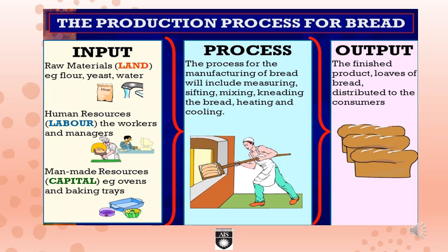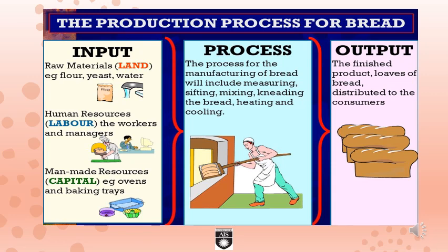The next example of our IPO cycle is the fresh bread. Let us see how fresh bread is made available. Let us involve the IPO cycle in this. In the input section, we have the raw materials, that is the flour, yeast and water, which are needed to make the bread. The labor, which is also required to make the bread, and the money, which is very important